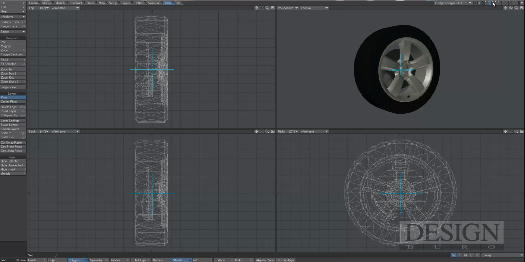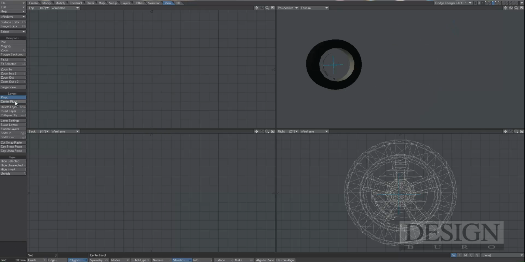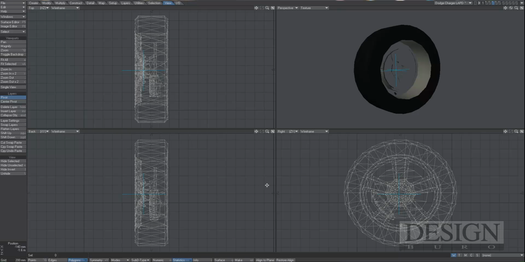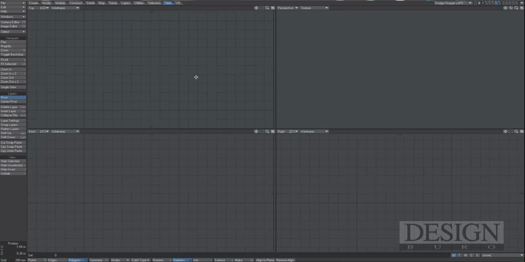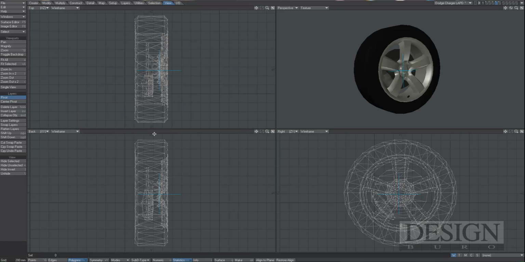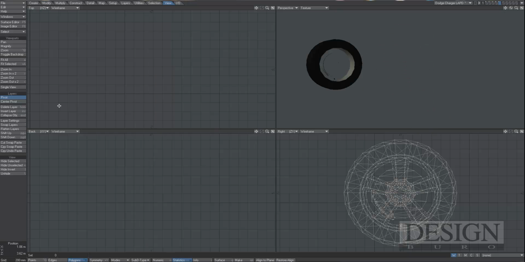Okay, so now we're going to do that for all the other wheels as well. So I'm going to move that up here, and I'm going to move this one a little bit. Seems to be going good. Okay, so this wheel, center that pivot, but you need to adjust that just a little bit. And this one as well. And then for the last wheel, center pivot,